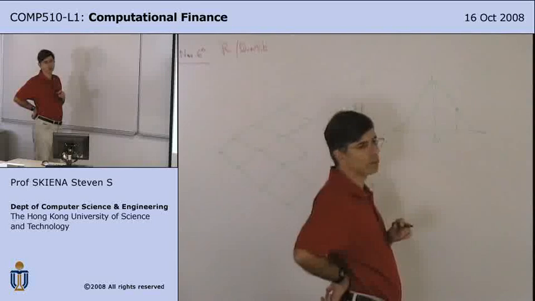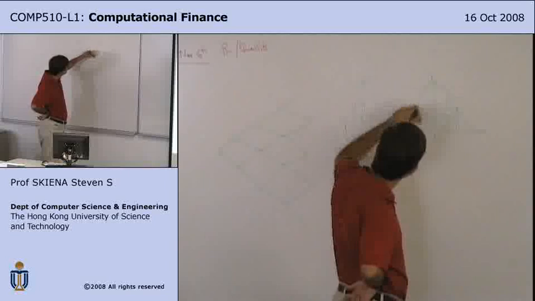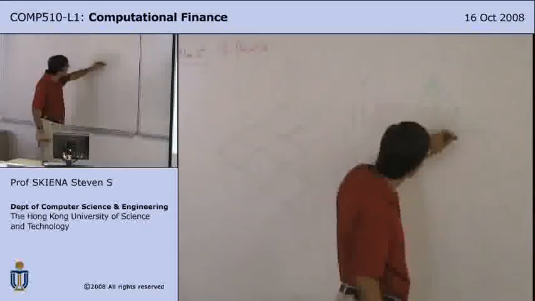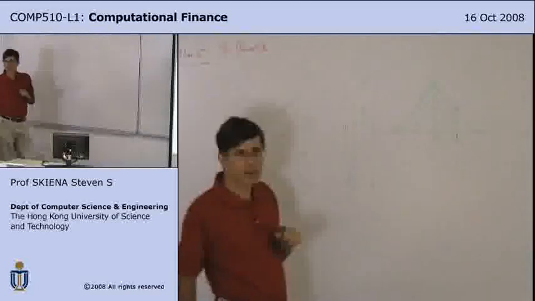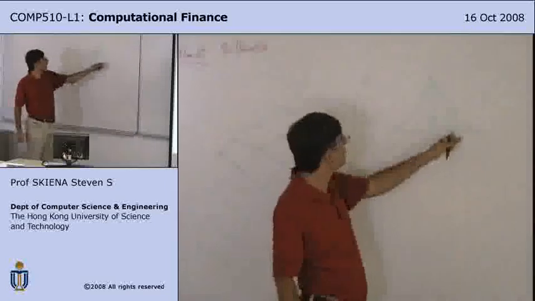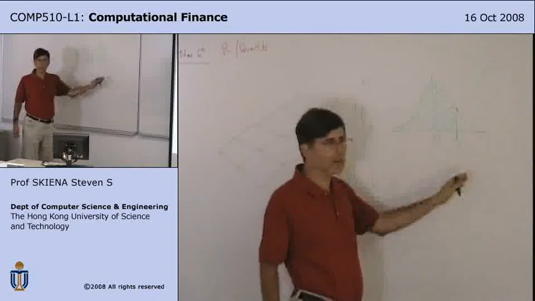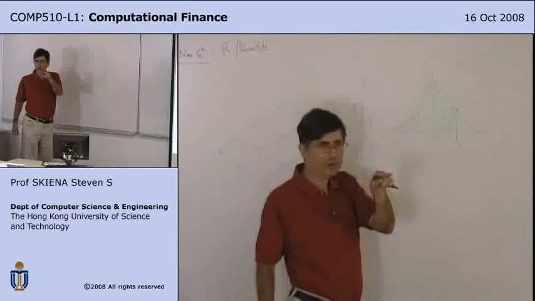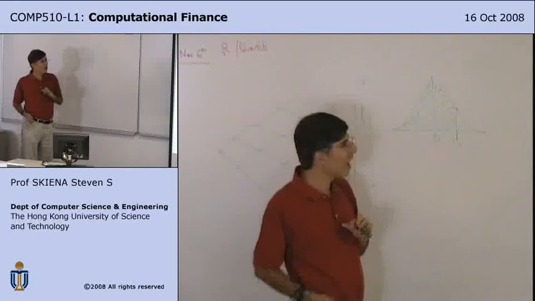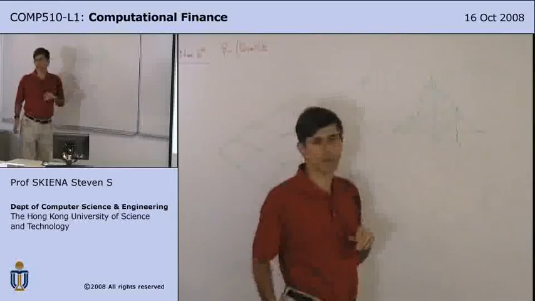The cumulative normal distribution will tell you what is the area to the left of that point. So if this is D1, this big function N of D1 is going to tell you something about how much mass of the probability distribution lies to the left of it. Is that clear? That should be pretty clear. And for our purposes, the important thing is to know that this can be computed.